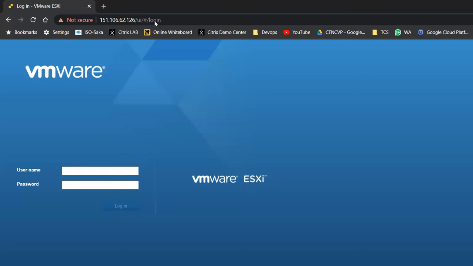And once I get the console, I'm trying to log in with the username and password. Permission to perform this operation was denied. So this is a new issue again. Permission to perform this operation was denied.